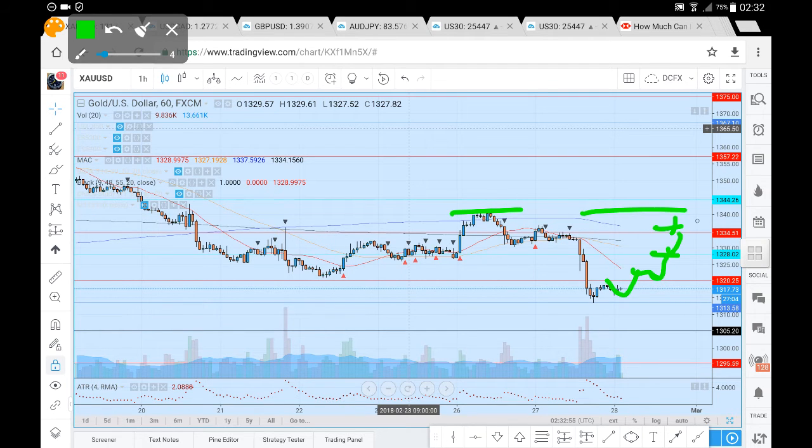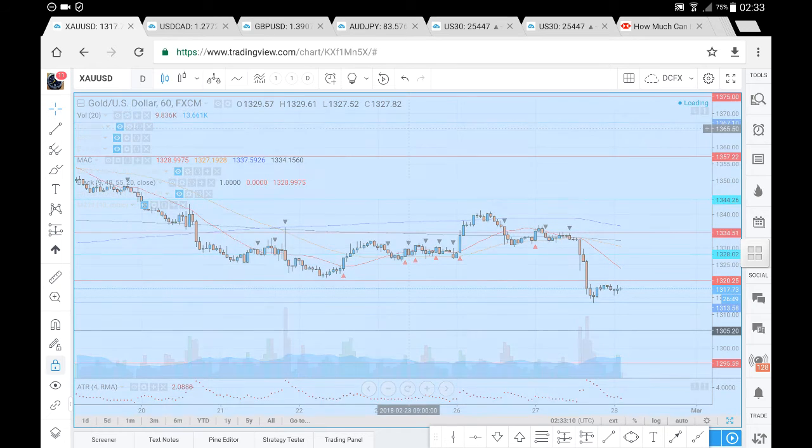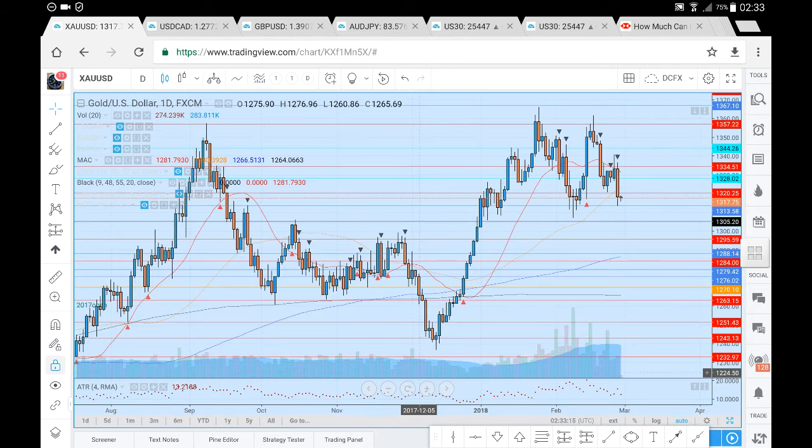we did move above that level, be aware of the 13.40 level before we look for price head up towards that 13.44.26. And with that said, that pretty much wraps up the XAUUSD on the hourly time frames. We'll just have a quick look at the daily time frame, just to see how